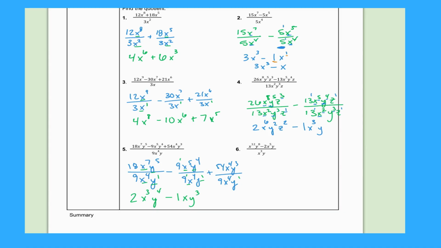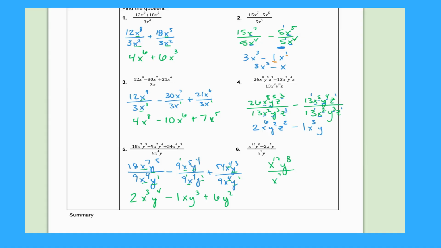And the last one, bring down that plus sign. 54 divided by 9 is 6. And then for the x's, 4 minus 4 is 0. Anything to the 0 is just 1, so really that's times 1. But 6 times 1 is just 6, so then I'll just combine that and say that's just 6. And then for the y's, 3 minus 1 is 2. And then for our last one,